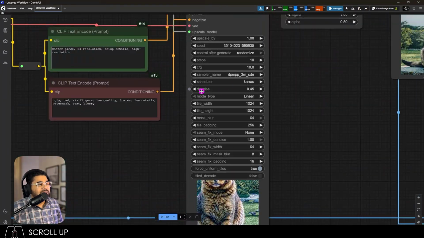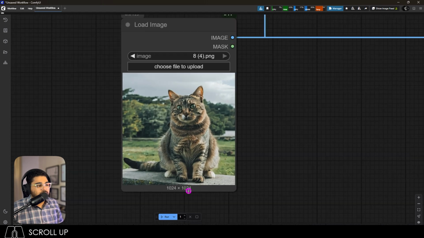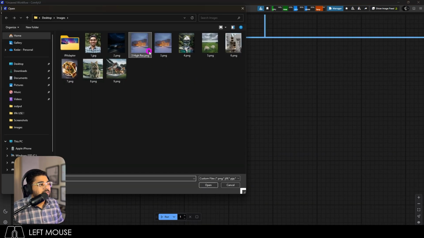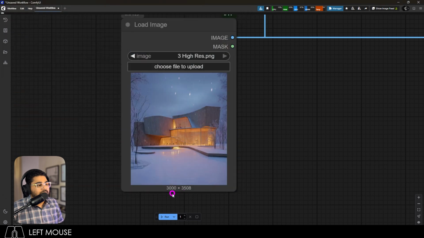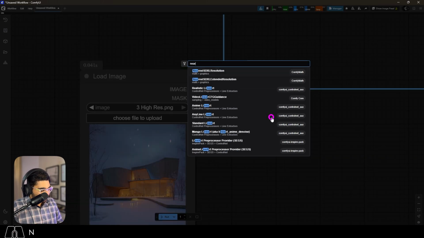Okay, now one more step I can do is reduce the denoise value to 0.4 and then let's see the output. But before that, I also wanted to add some nodes here because, you know, this is a good resolution. What if sometimes you take something like this, which is like 3000 by 3500. Unknowingly, if you add something like this, your computer will burn. Not literally burn, but it will shut down. So then we need to add something called